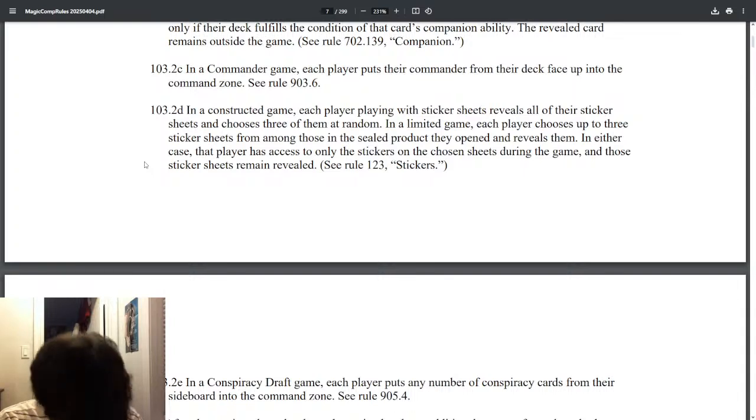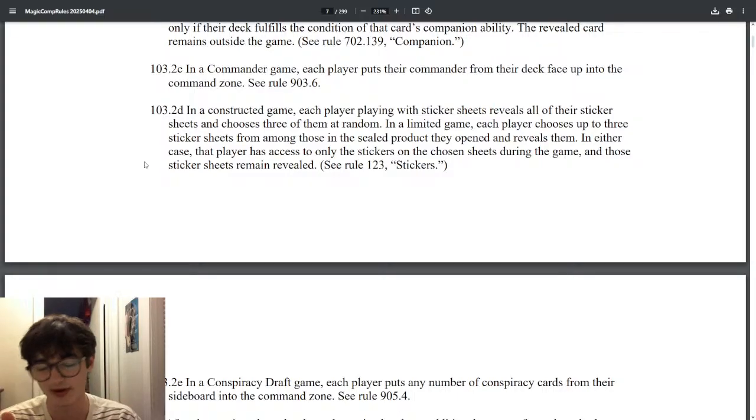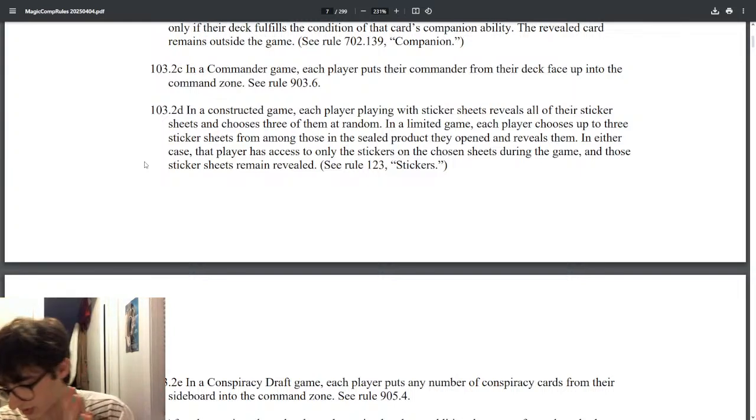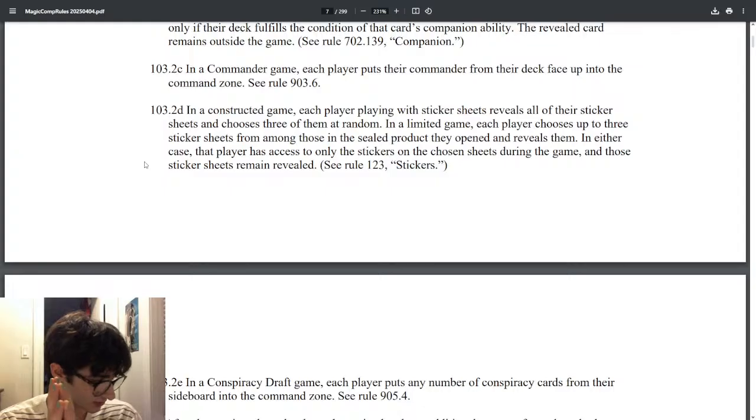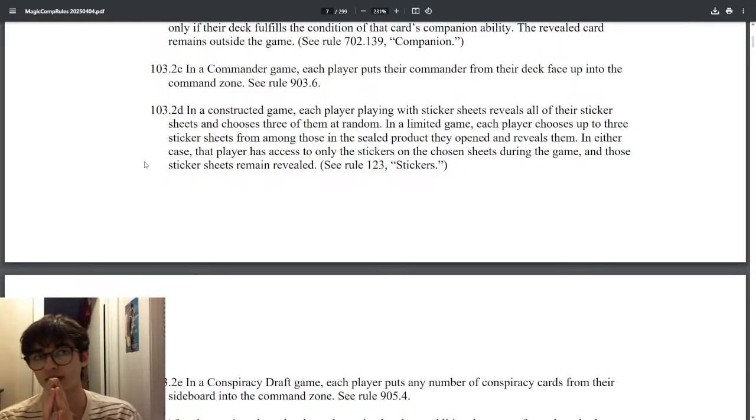If you are somehow playing a game where you're cracking those stickers open, slapping them on your cards, going crazy with stickers, and you run out of the stickers from those 3 sticker sheets, you're done. It's over. Why would you bring a sticker deck to a game store? I don't even see you as a person at that point. But that's beside the point. Stickers do something irrational to me.